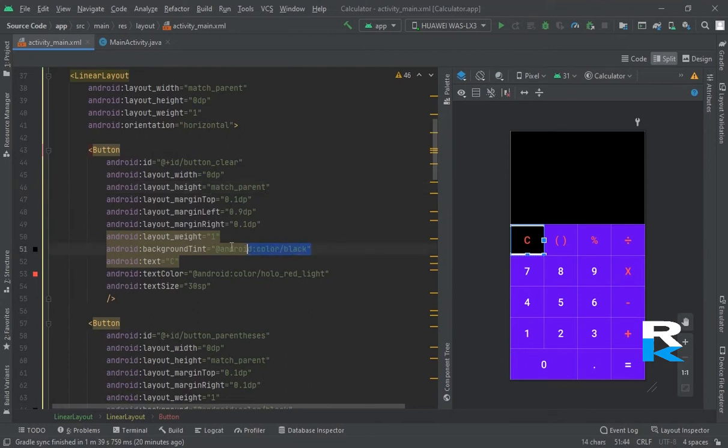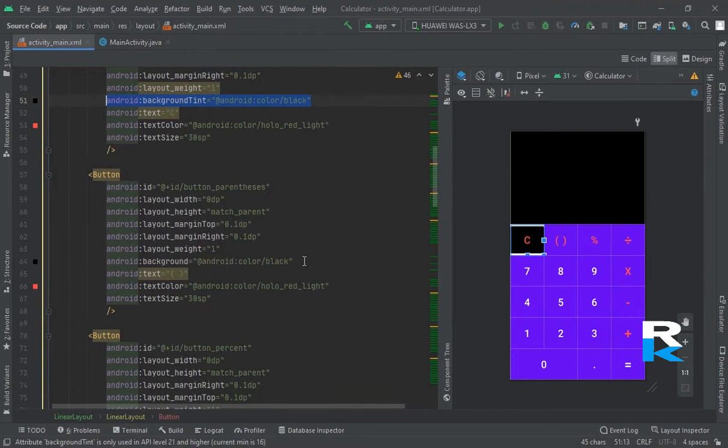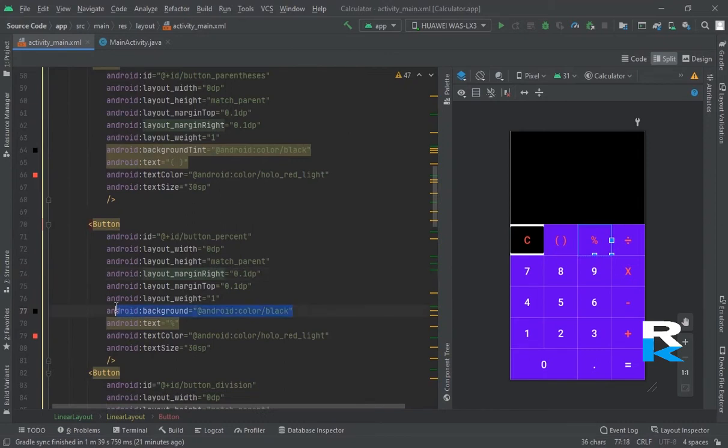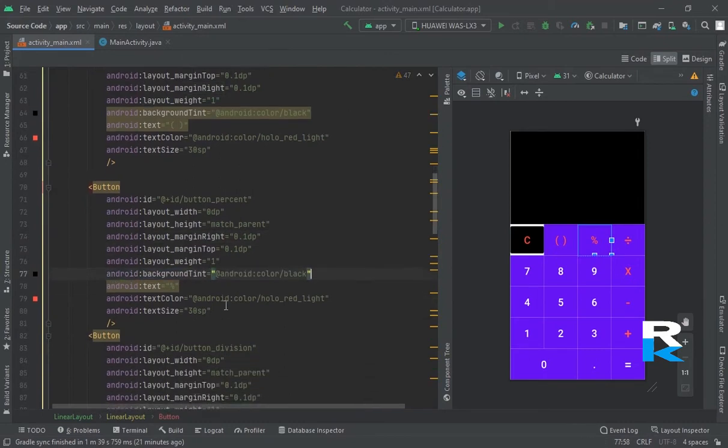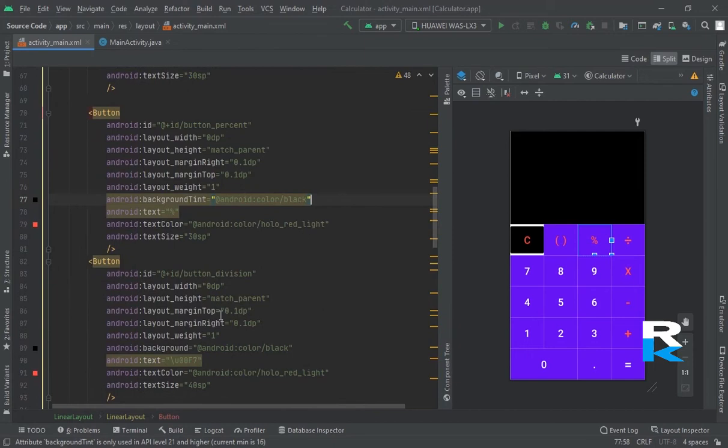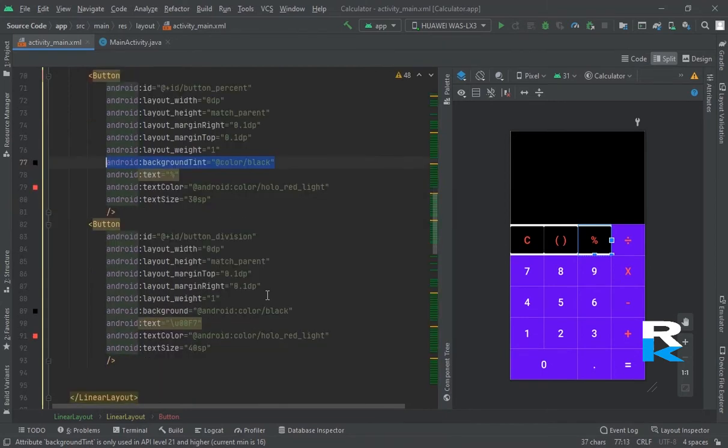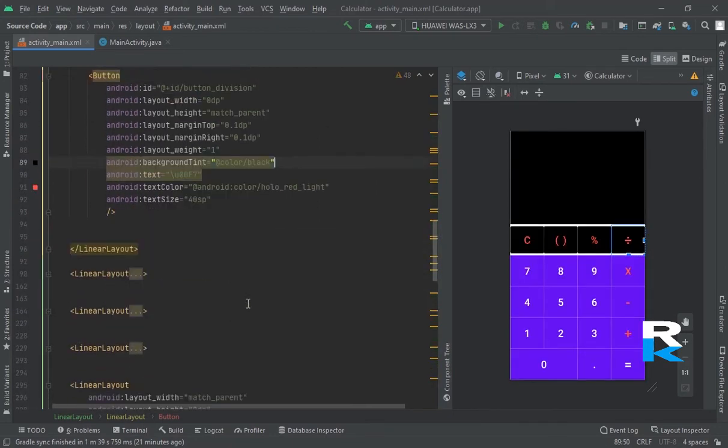Now copy this and just paste it here. Sorry, black. Copy this and just paste it here, fine.